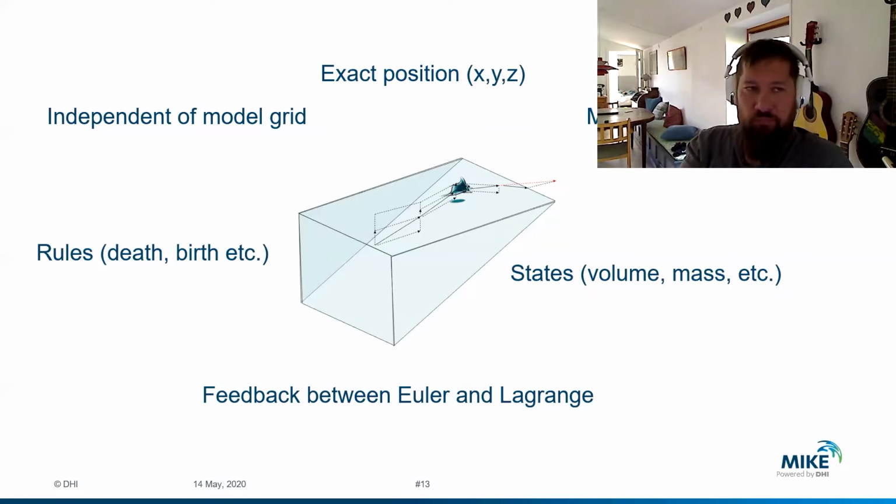And then it also contains some rules on death, birth, etc., in relation to the survivability of the agents. And last but not least, in the modeling that we do in DHI, it's independent of the model grid. That means it doesn't matter what the resolution of the space is that the agent is occupying. It's only actually just something about how it moves itself.